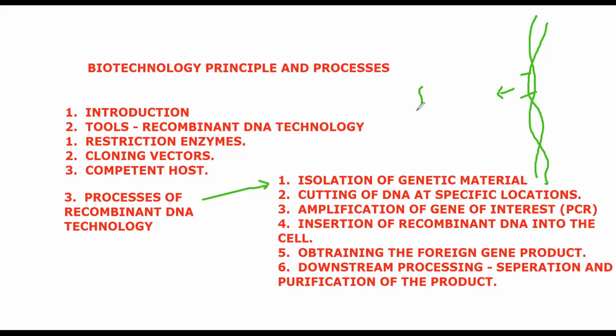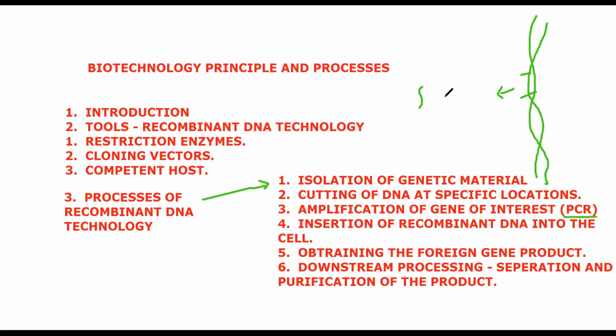Every time you cannot go and get that genetic material. Say for example, you are typing a question paper, only one set is in your hand, but you want to give this to 100 people. At that time, what will you do? Will you type for each and every person? Definitely no. So first we got the genetic material, then we take a copy of it. That is amplification. You're going to make billions of copies of this genetic material using a technique known as the PCR technique.